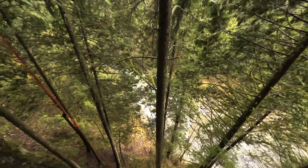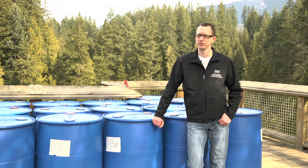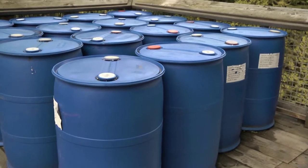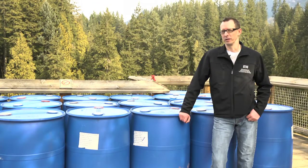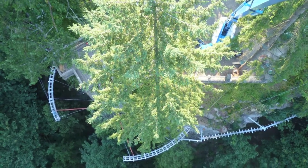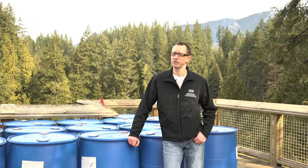We're going to be doing some load testing of the structure just to measure its response. We're going to be doing that by installing some instrumentation, some vibrating wire strain gauges. We're going to be applying load to the structure using water in the barrels. So we'll fill the barrels up so there's a known quantity of water in the barrels. We'll know where the barrels are located on the structure. We'll take some readings off the instruments and we'll go back to the office, correlate that and check that back against our structural model. That'll give us a supreme level of confidence of the safety of the structure to support